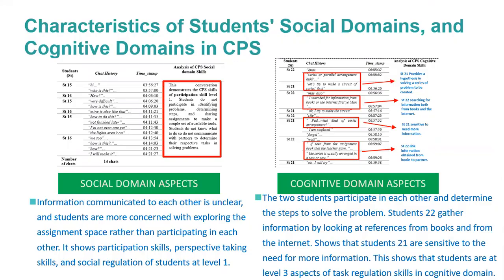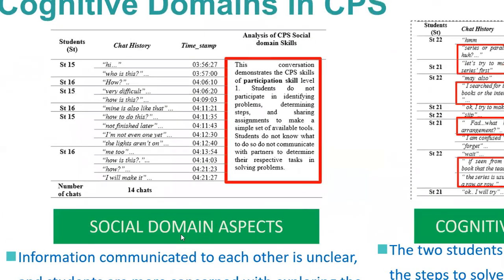As you can see from this figure, communication between two students, student 15 and student 16. This conversation demonstrates the CPS participation skill at level 1. Students do not participate in identifying problems, determining steps, and sharing assignments to make a simple set from available tools. Students do not know what to do, so they do not communicate with partners to determine their respective tasks in solving problems. So, in the social domain aspect,